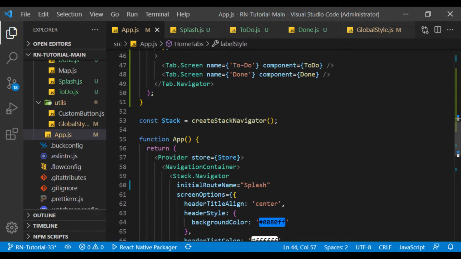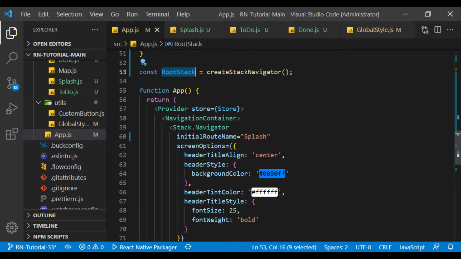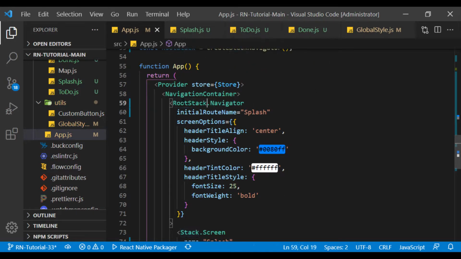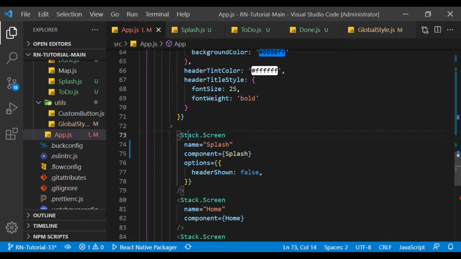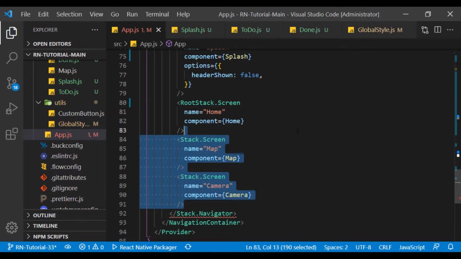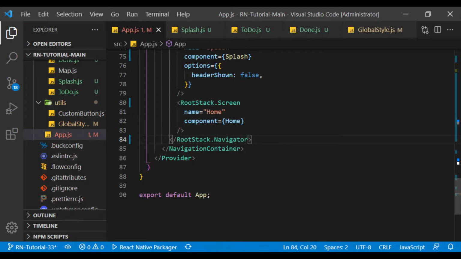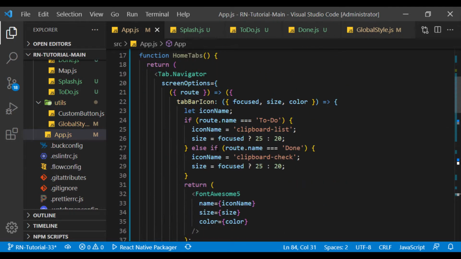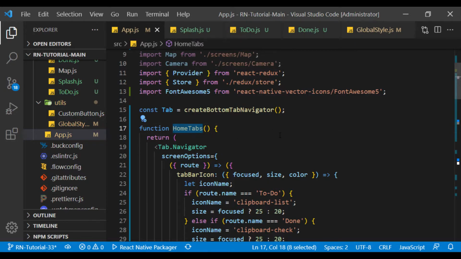So now we consider the stack navigator that we created earlier as the main navigator, and place the tab navigator we created as one of its screens.